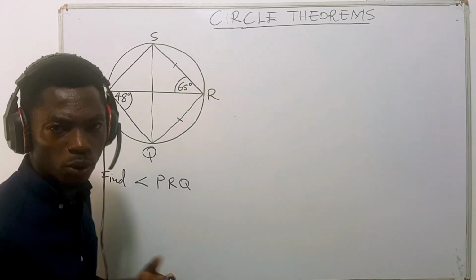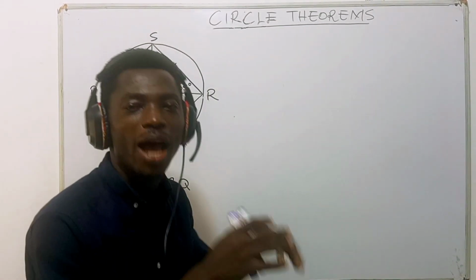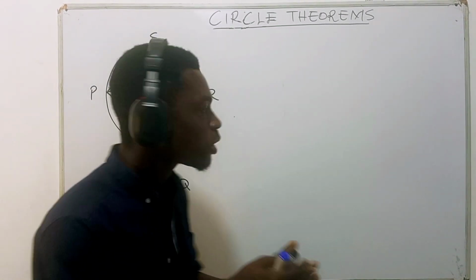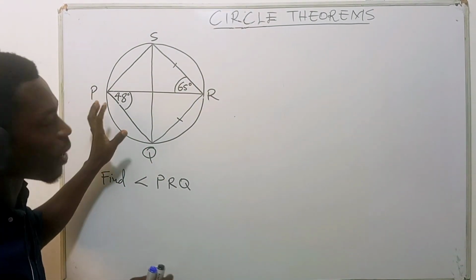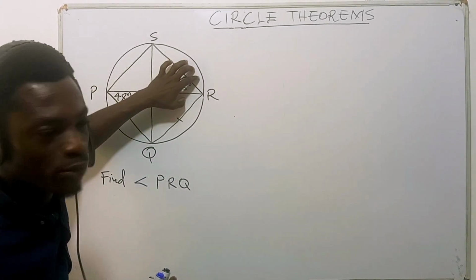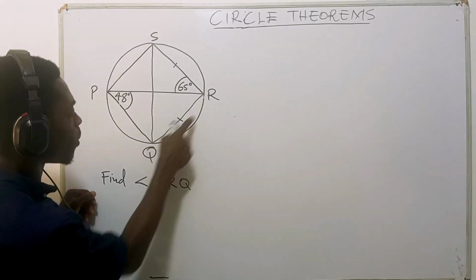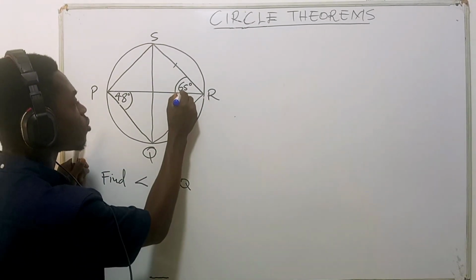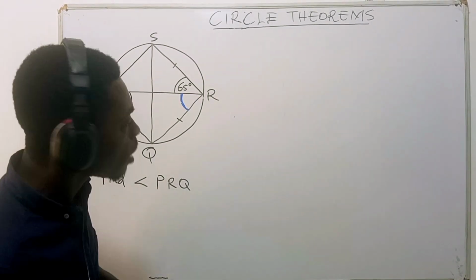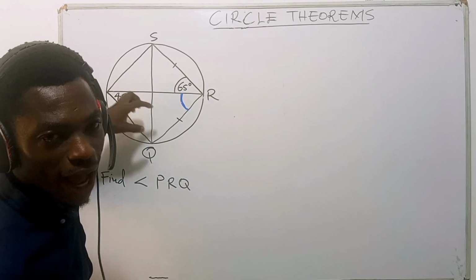PRQ. So like I told you earlier, in this situation, do not panic. Take your time. Ask yourself two questions. What do I have and what am I looking for? So when you look at this question right here, we have two things. We have angle 48 and then 65. And we are looking for PRQ, meaning we are interested in knowing what this angle is. All right. So again, we ask ourselves, what is the connection between what we have and what we are looking